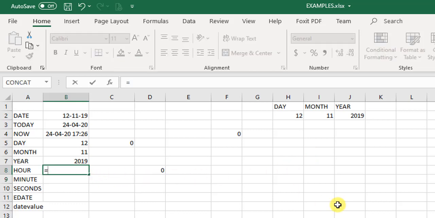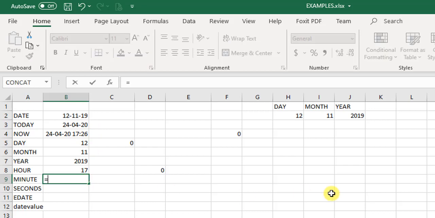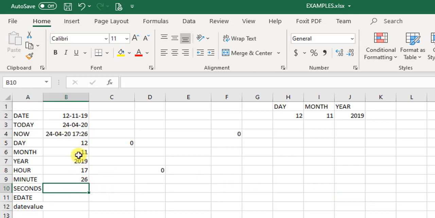So to actually make it work, what we have to do is say R, and then select that date which is expressed in the time format. So we select a time format date, and then if you press OK, it has extracted 17 from 1726, because the timing shown in this particular date is 1726. Okay, so similarly we use the minute, and we put this particular date over here, and when we hit enter, it has extracted the minute part from here. So it has extracted this 26 over here.